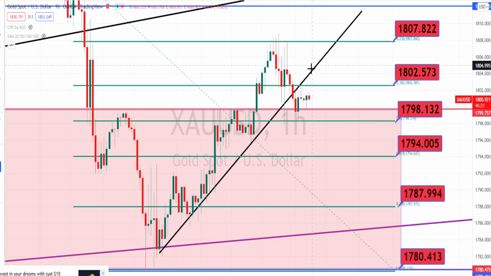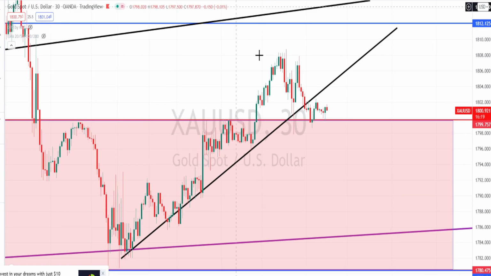Let us do the analysis in 30 minutes time frame. So I am in 30 minutes time frame now. When we analyze the price action in 30 minutes time frame, this resistance line from the hourly time frame is actually preventing the price action from going on a bullish side trade. Currently the price action has gone up, tested this resistance level and it is on a retracement to breach this